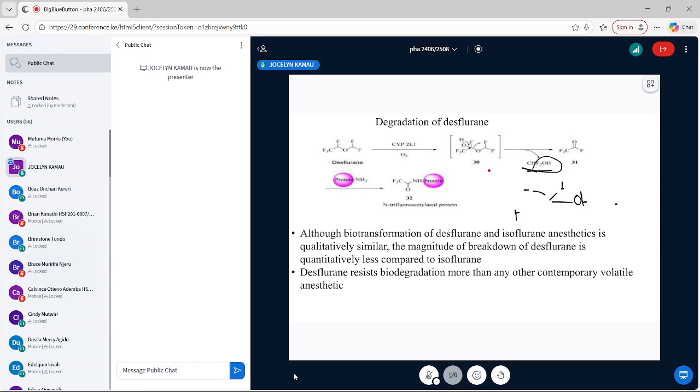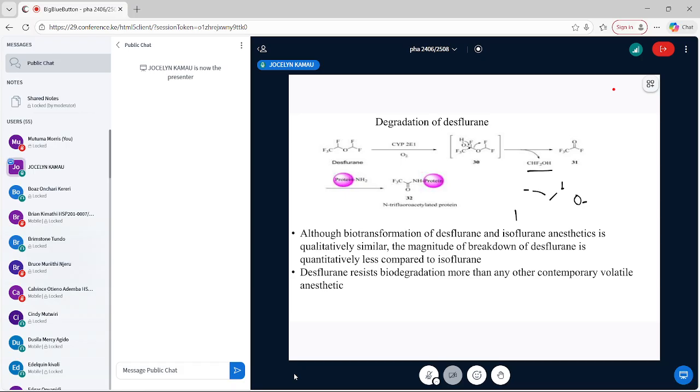So in other words, we are losing the whole of this. So this one results in a cleavage such that you have loss of that. And again, you can see the compound that you get is highly electrophilic, and now this is a compound that acts as an adduct. But fortunately, the rate of metabolism of desflurane, as we are going to mention, is much slower than that of enflurane and isoflurane,